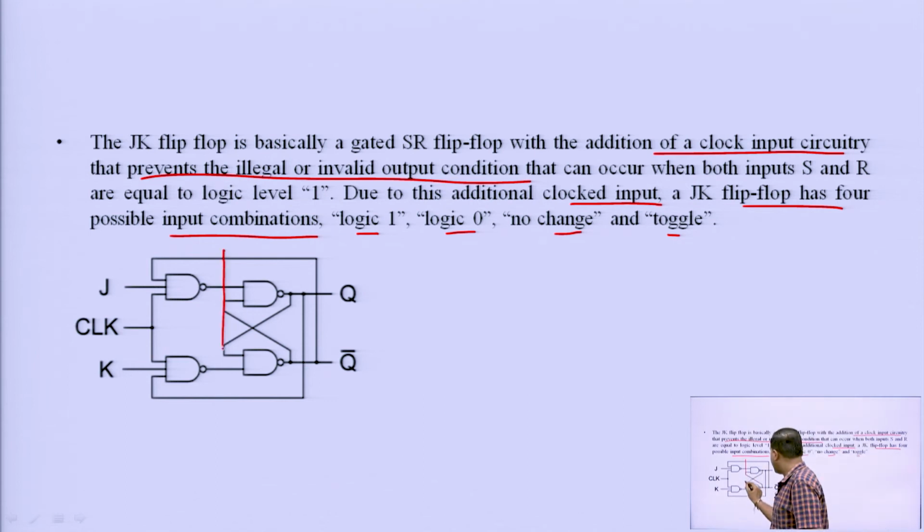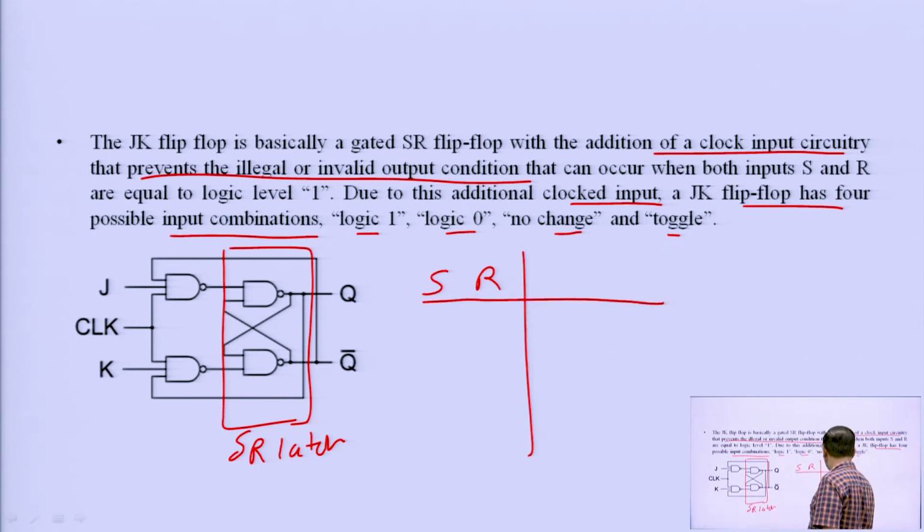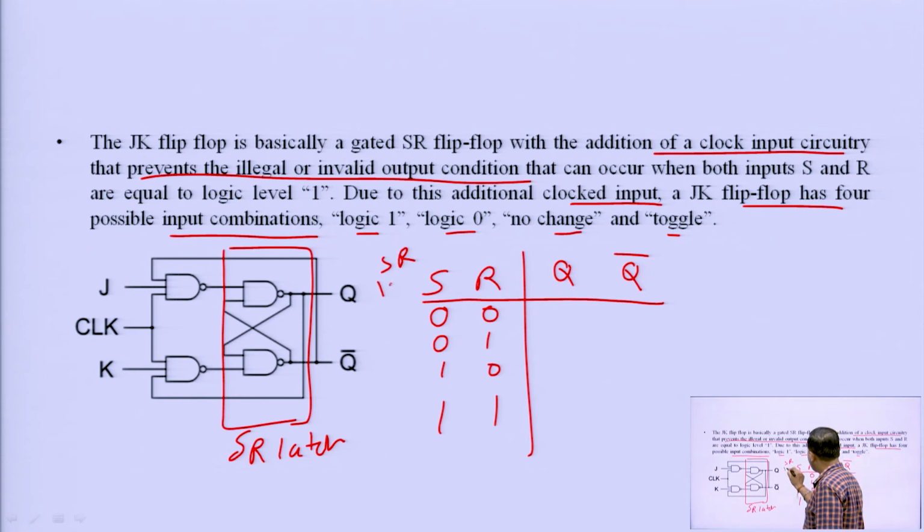Again, from this diagram you can see this is nothing but the SR latch. What will be the truth table of SR latch using NAND gate, we already checked in previous slides, so let us discuss once again. This is S R, this is Q and Q bar. 4 conditions: 0 0, 0 1, 1 0 and 1 1. This is nothing but the truth table of SR latch. We already discussed this in the previous lecture.